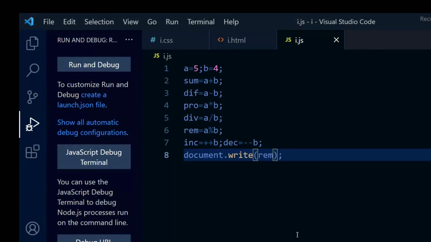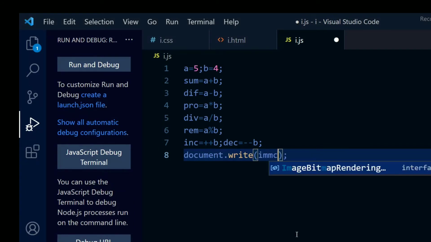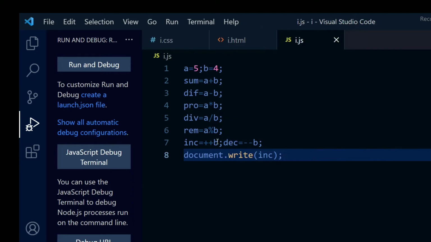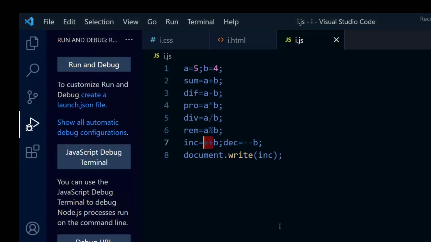Now I am going to show you the increment. Instead of rem, I have already shown you that we are going to get the increment. Kindly notice that we are not using a plus sign here. It is not supported in JavaScript. Instead, when you use plus plus on the left side, it is going to give you the increment of that number. I'm going to reload the site. As you can have a look here, it is going to give me 5 because it is 4, and I am incrementing 4 by 1, therefore it is giving me 5.